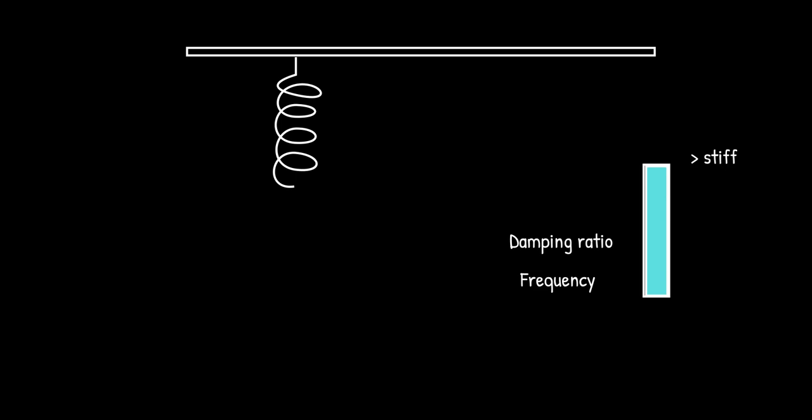A spring joint behaves like a spring. Based on many factors, the spring can be stiff, barely moving, or loose, moving a lot. In Unity, the variables for controlling this attribute are damping ratio and frequency. The larger the values are, the stiffer the movement is, and vice versa. Why not make two spring joints? Let's try.